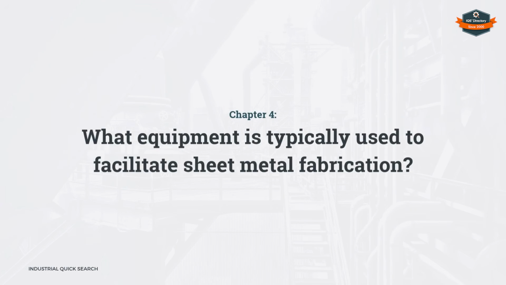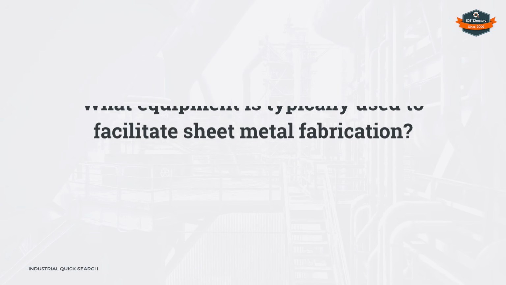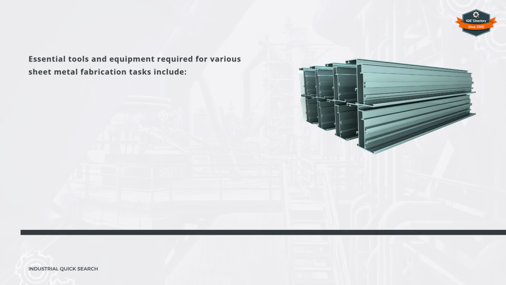Chapter 4. What equipment is typically used to facilitate sheet metal fabrication? Essential tools and equipment required for various sheet metal fabrication tasks include fittings,